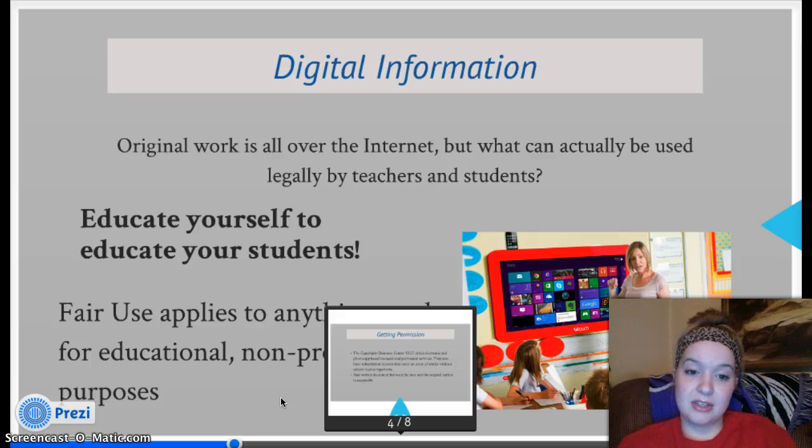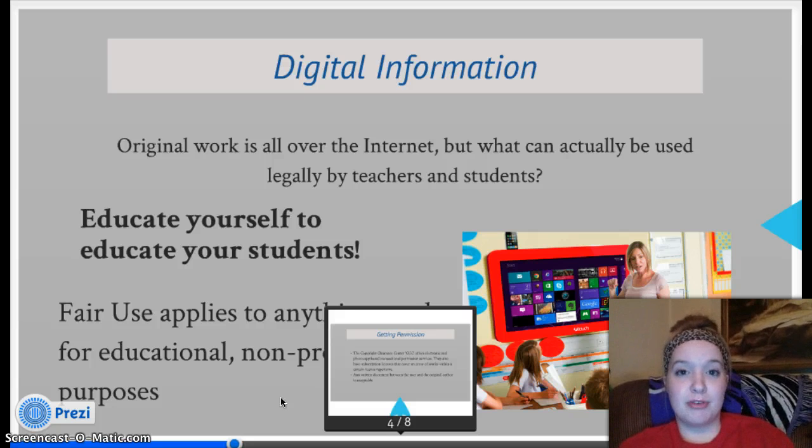But things get a little fuzzy and people don't really know because when you start making something like a PowerPoint for your students, you add pictures from the internet and quotes from certain people, and then you can even add things like music, and so it really starts to get difficult to know what you need to take action over in getting permission for.